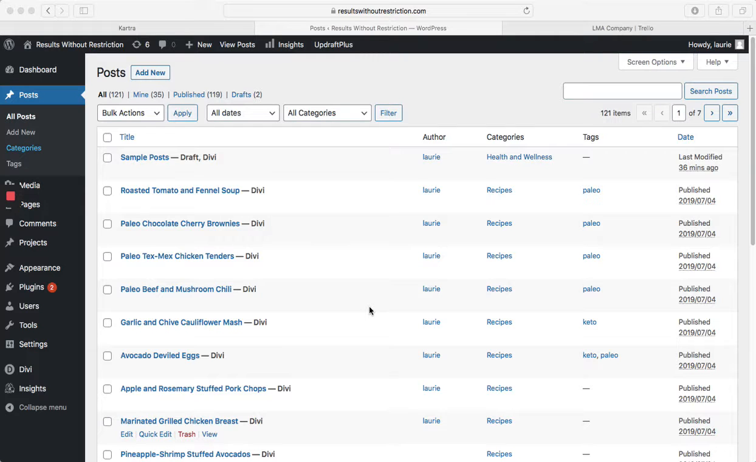This is a tutorial on how to create your Divi post templates. So let's go into the back end of your WordPress website with Divi, and we're going to create a template that you can use to make creating blog posts very fast and easy. So we'll go into creating a new post,